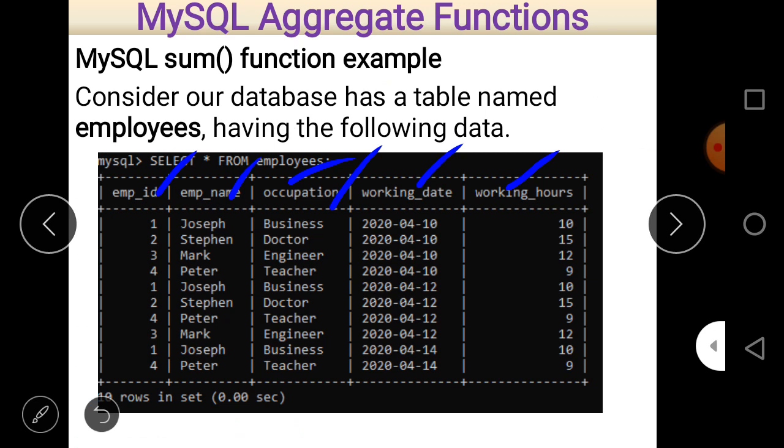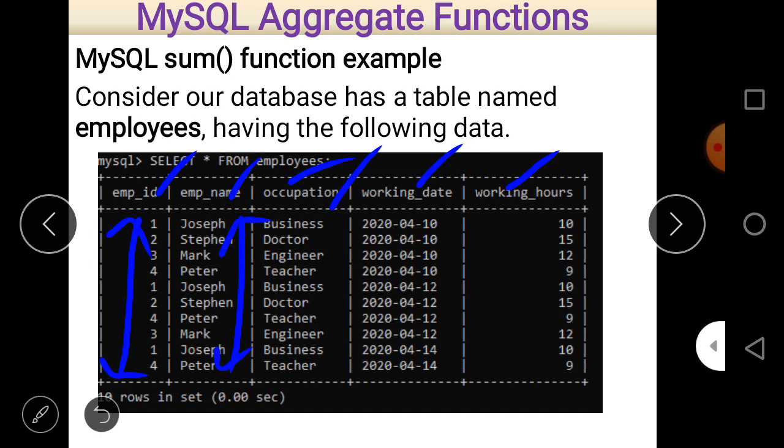These are the column names here, and as we can see, these are the records of the table in which there are different employee names: Joseph, Stephen, Mark, Peter, Joseph, and some values are repeated as well. And then the occupation is business, doctor, engineer, teacher, business, doctor, teacher, engineer, business, teacher.